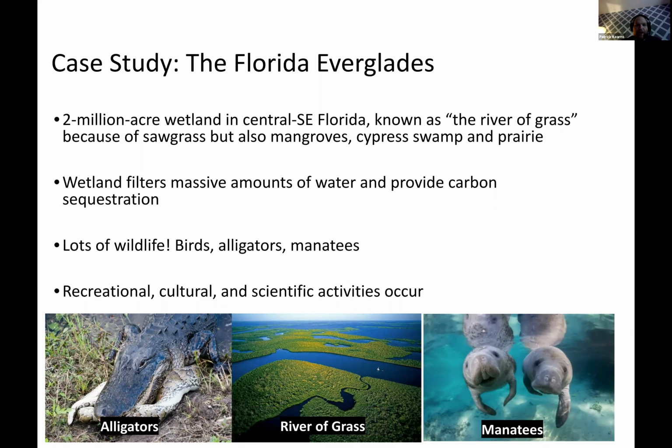People love the Everglades. I'm sure you guys have seen, whether it's in a good or a bad portrayal, people fan boating on the rivers of the Florida Everglades, and it's a big deal. People fish in it, people swim in it, people kayak in it. It has huge recreational value, and it's also of great scientific value. Scientists have been studying the Florida Everglades for decades now, so it's really valuable, not just for the people that live there, but for the people that come into the area for tourism and things like that.